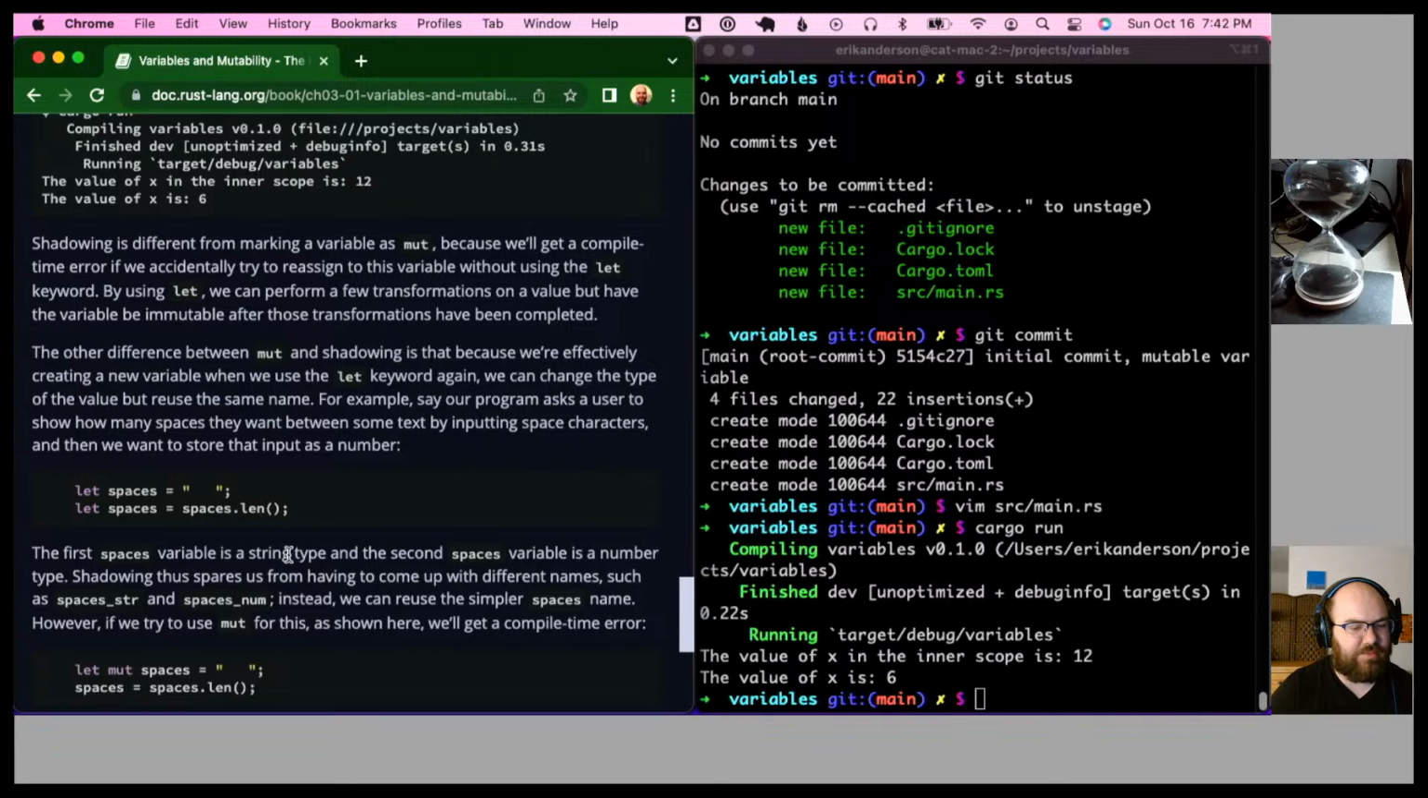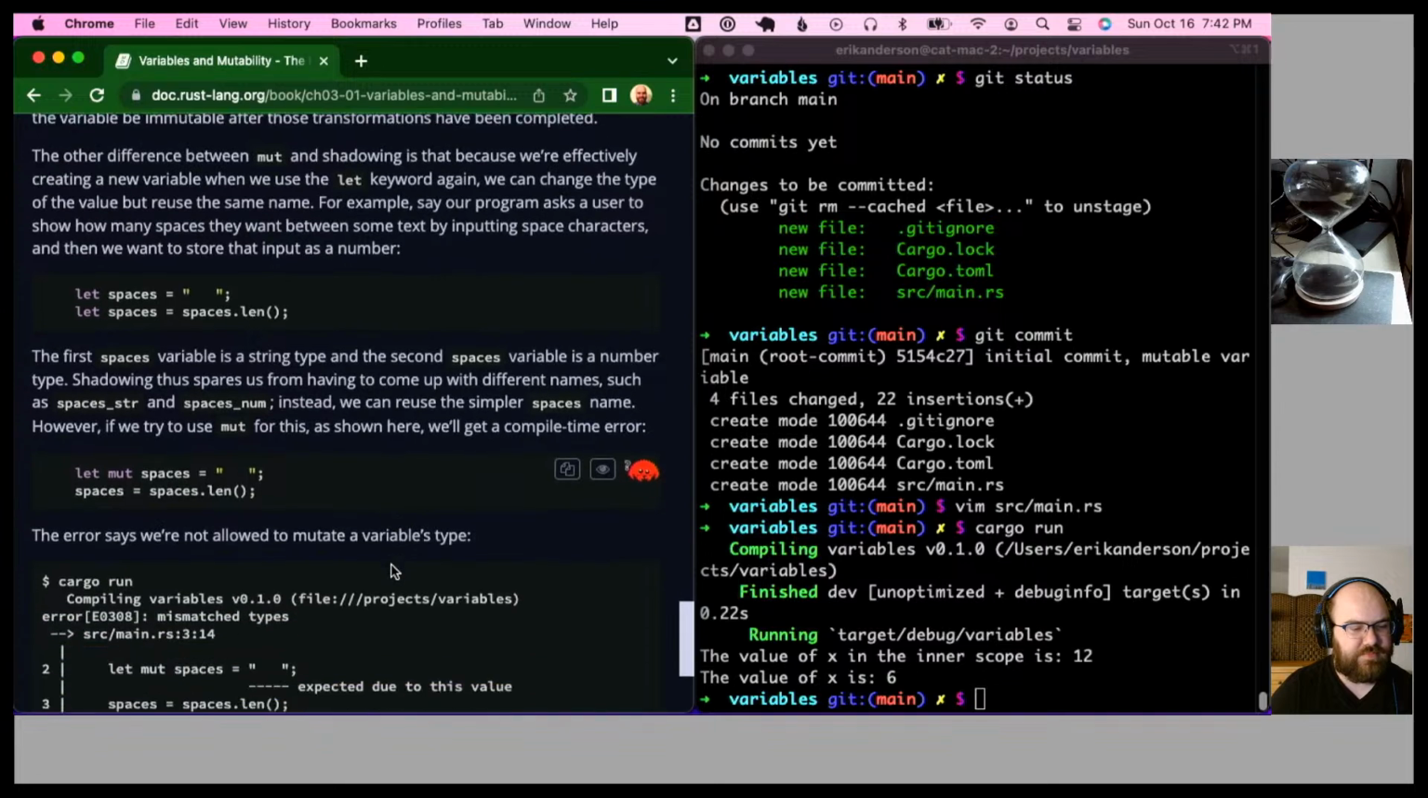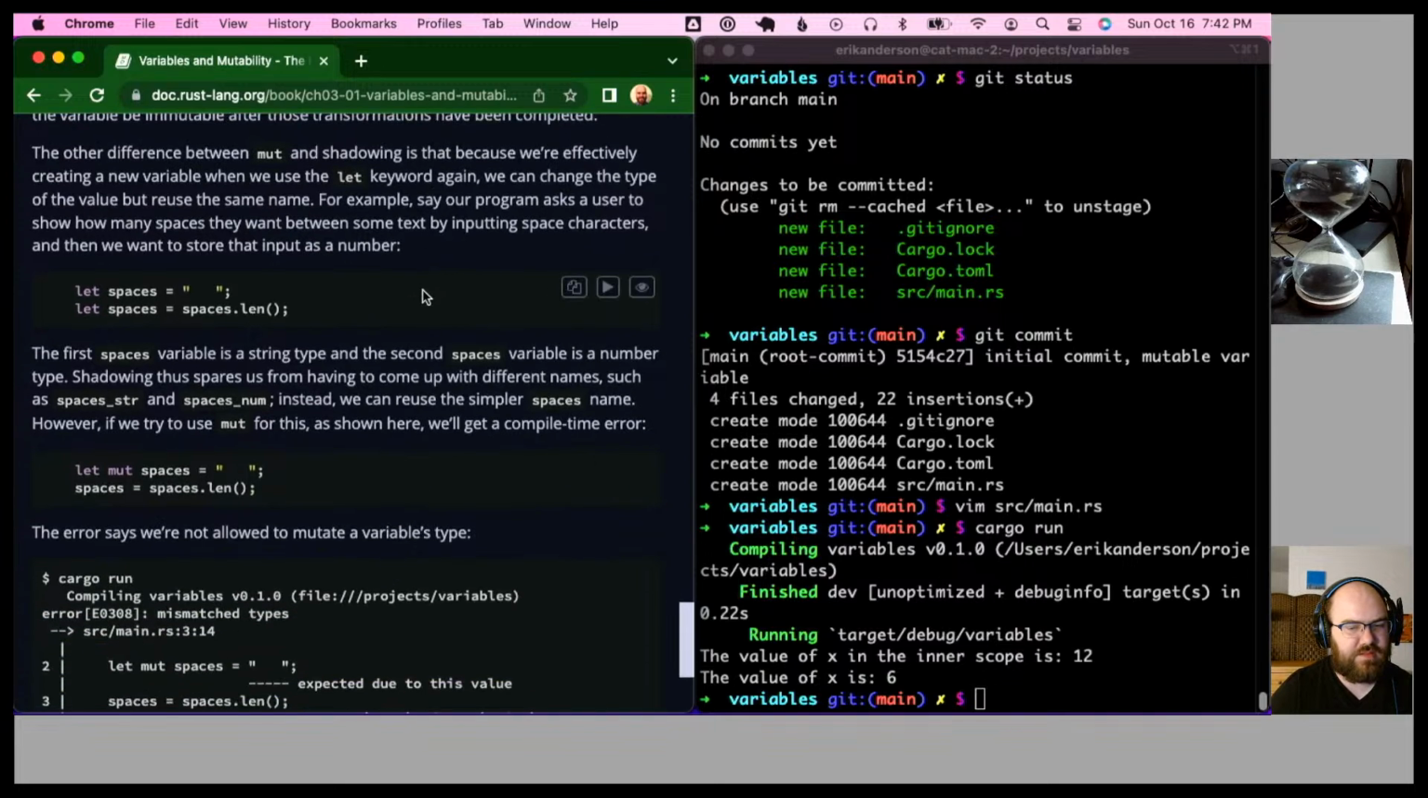The first spaces variable is a string type, and the second spaces variable is a number type. Shadowing thus spares us from having to come up with different names such as spaces_str and spaces_num. Instead, we can reuse the simpler spaces name. However, if we try to use mut for this as shown, we get a compile time error. This code does not compile. let mut spaces = "   "; spaces = spaces.len();